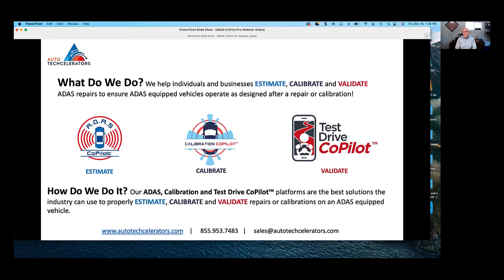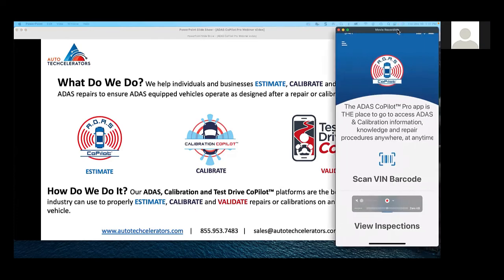Does anybody think this is a good idea? Hey, I think it's great stuff there, Frank. A lot of stuff wrapped up in one little package, and it relates to something I've been working on, which is trying to get people to scan vehicles, validate calibrations, and measure vehicles right at the blueprint opportunity.